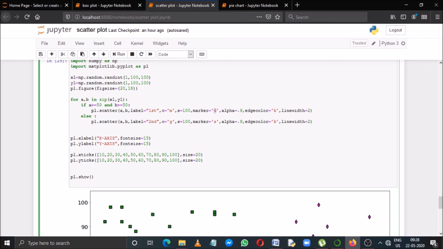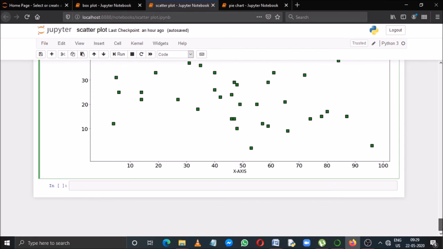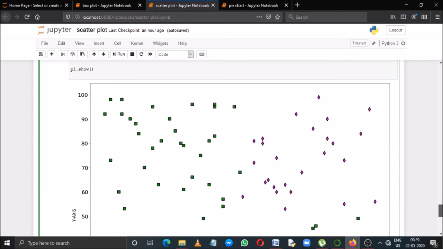So like this we can change some markers that satisfy a condition in different formats, and the rest of the markers that do not satisfy the condition will be in a different format. So that's all for scatter chart. Thank you.